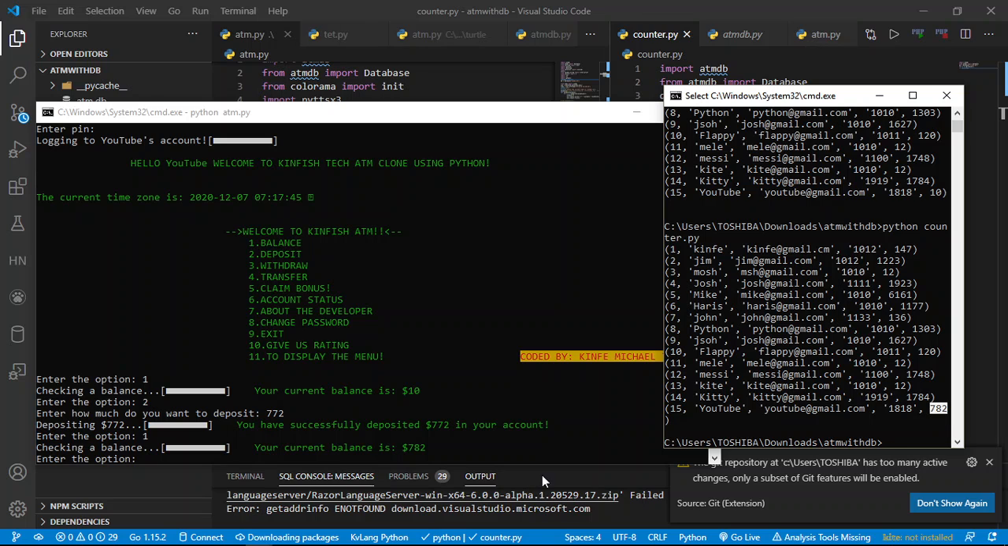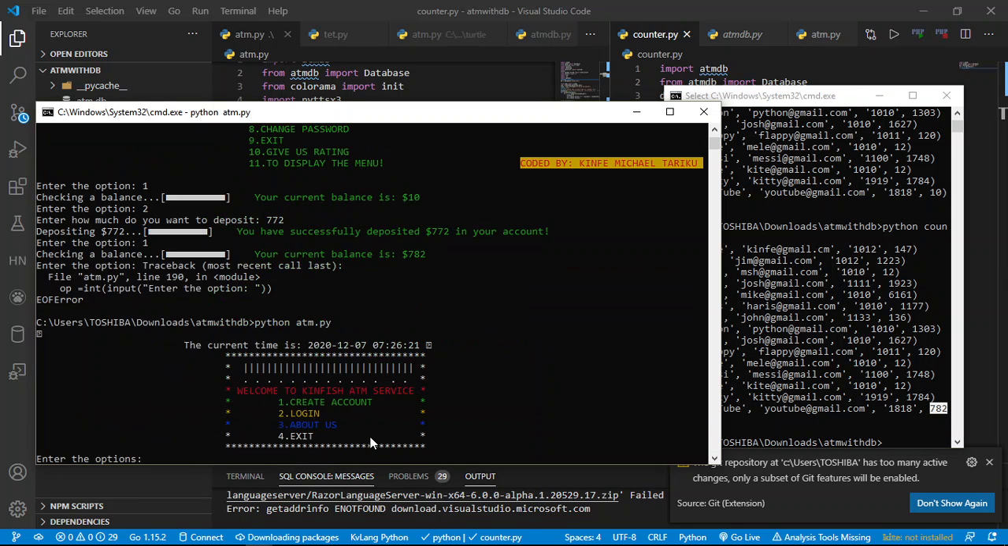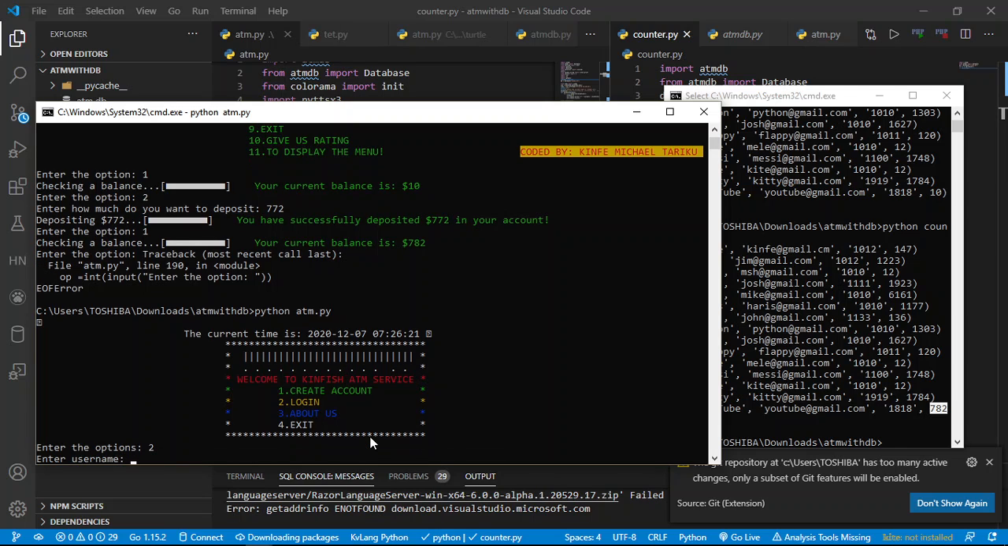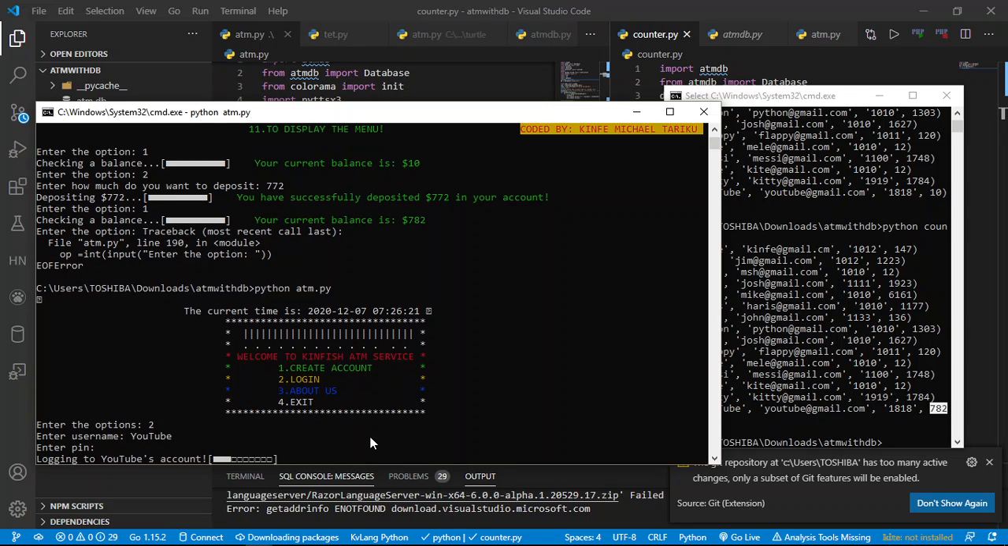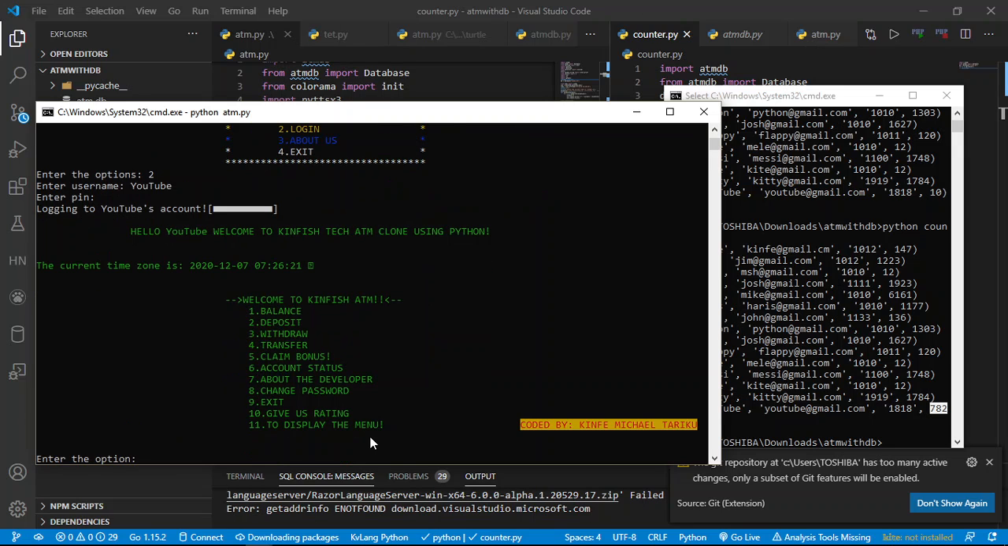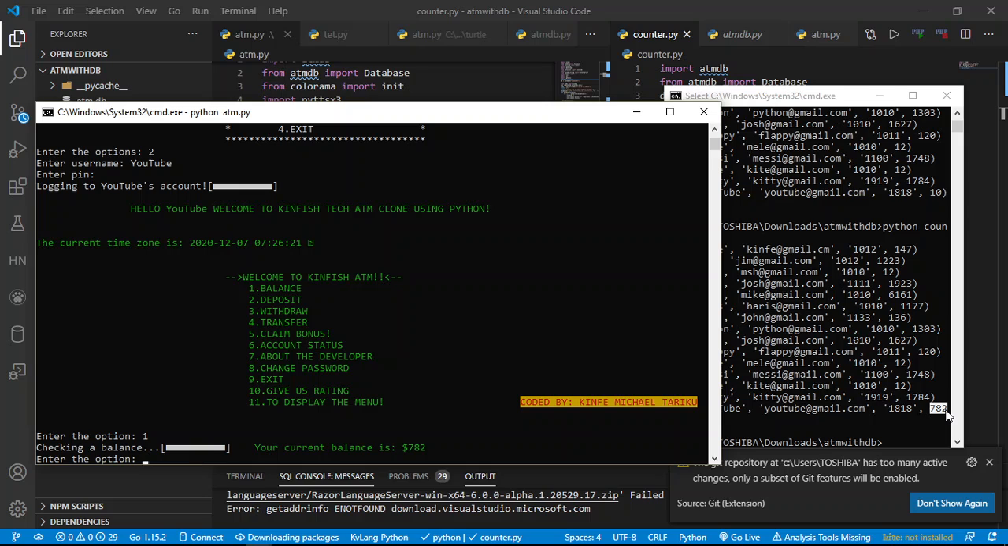$782 is what it says. So if I just come here, exit, and login again, to show it is real time, YouTube, then 18, I think 18, yeah. So login to YouTube's account. It says balance option, and when we select it, your current balance is $782. So this is the way. In this case, what can be used to connect this with hardware? Arduino or